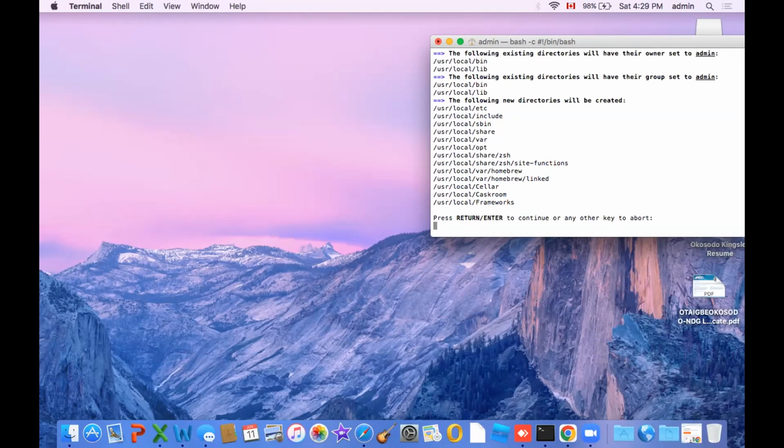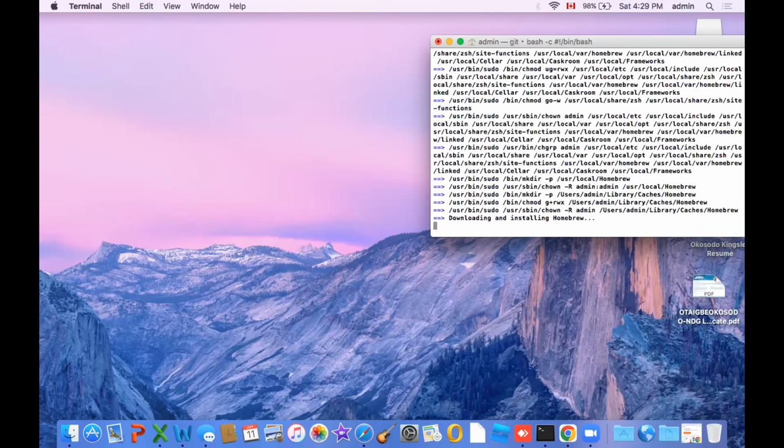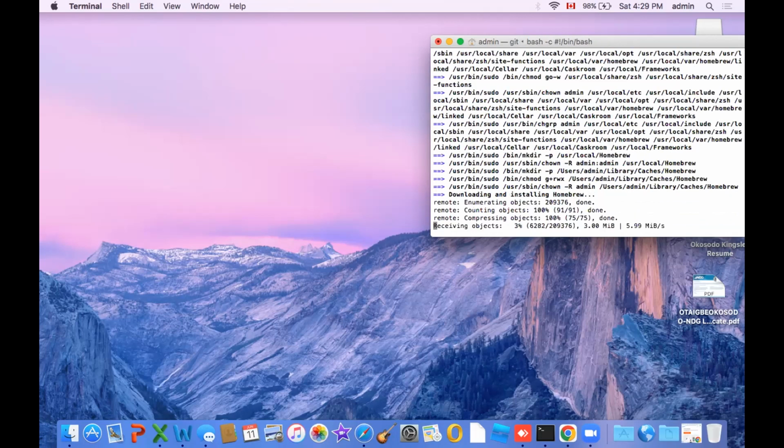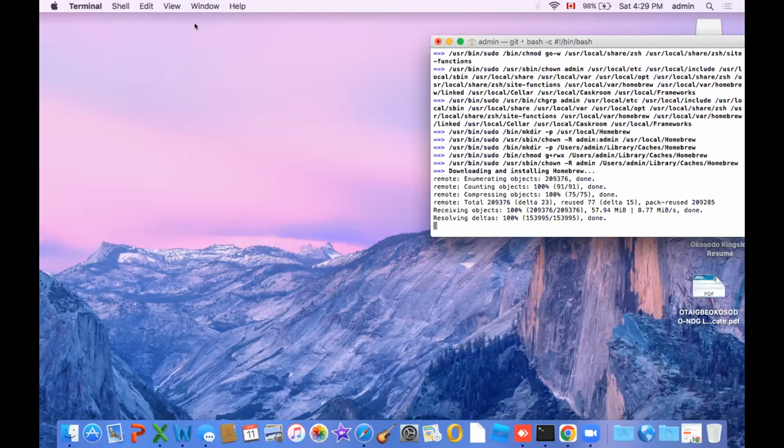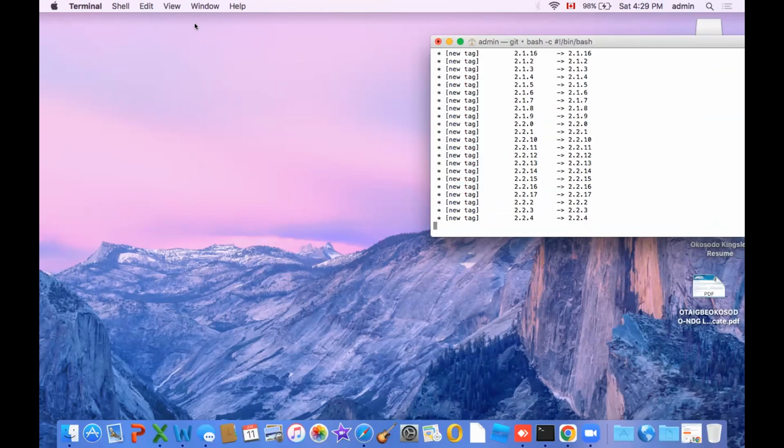Press enter. Okay, you are installing Homebrew now. So if you successfully install Homebrew, then what you will now do is just